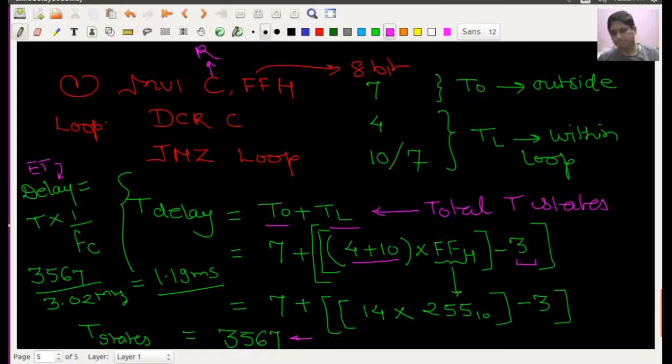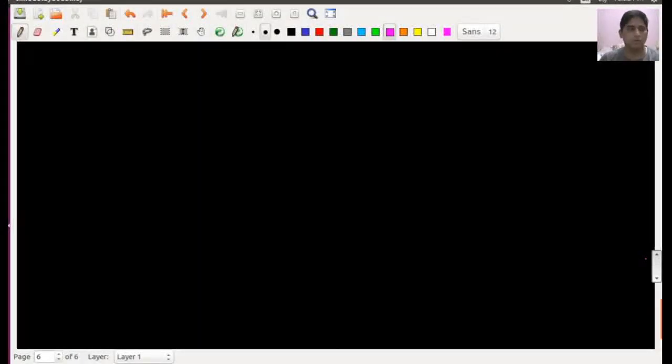I will make a little change here. Suppose this delay is still a minimum delay, because it is coming as 1.19 millisecond, so you can think about what extra technique you can use. I will suggest that if you want to increase the delay, you can do one more thing here. Taking the same program, my purpose is that I want to increase the amount of the time delay.